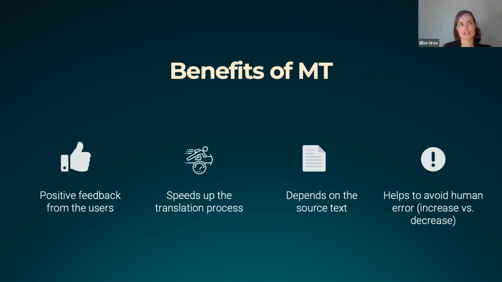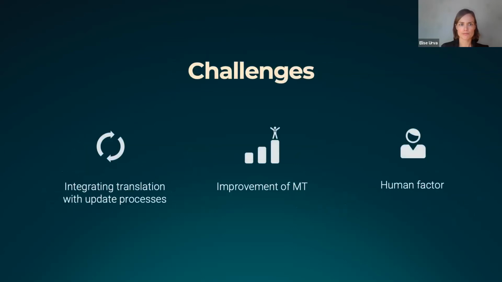If a translator took a translation from memory, in the example of drug databases, where one drug increases or decreases something of the other drug, then if they took it from the memory, they sometimes forgot to change the decrease to increase or vice versa. So there were mistakes, and the machine avoided those mistakes. And the challenges.